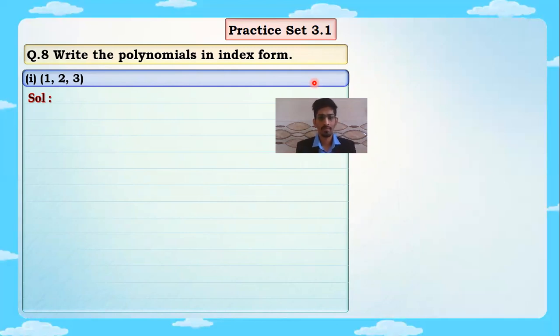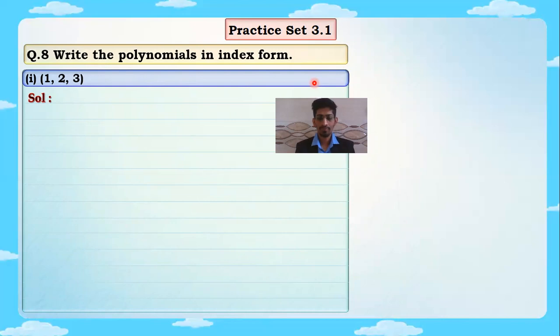It was very simple. But in this question, students, the polynomial is not given, coefficient form is given, the coefficients are given. With the help of this we are going to convert to index form. So for a polynomial, a variable should be there. कौन सा वेरिएबल लेना है बताया नहीं है, तो you can take any variable of your choice. You can take x, y, m, z, कोई भी आप लोग वेरिएबल ले सकते हो. It's your choice, but make sure that only one variable you are taking in the entire polynomial. x तो x, y तो y.